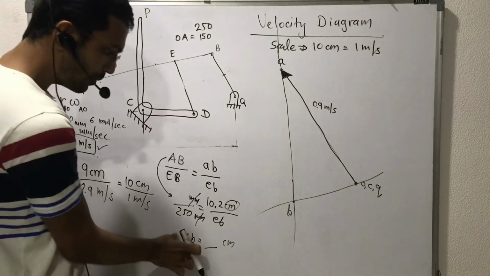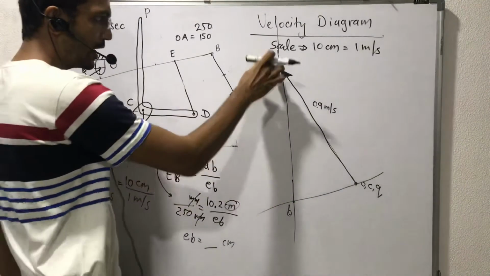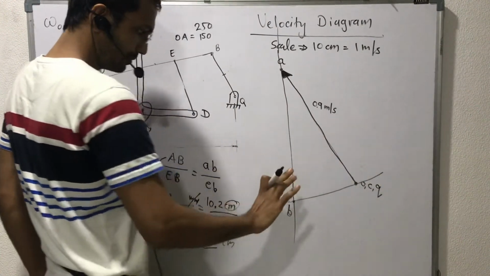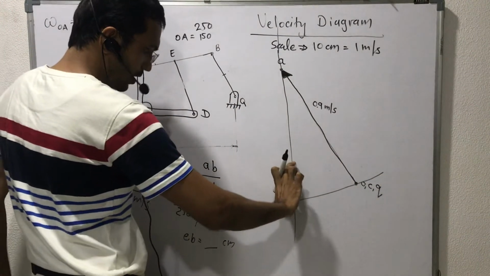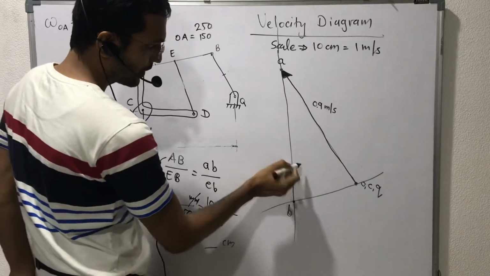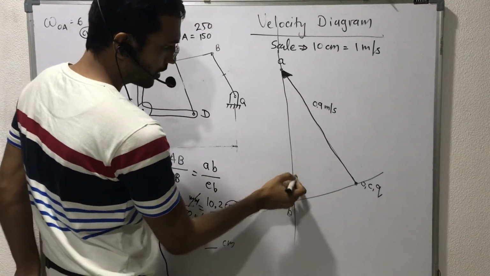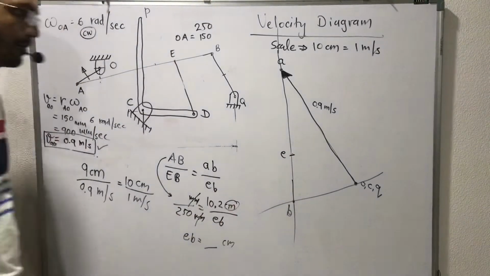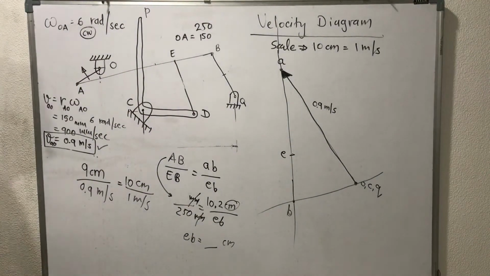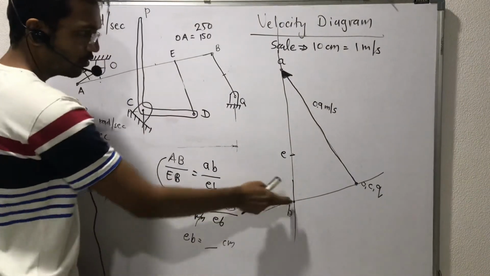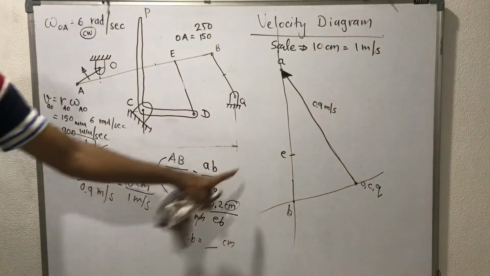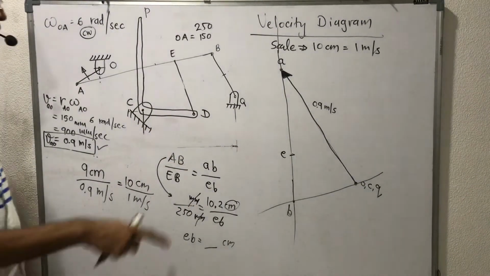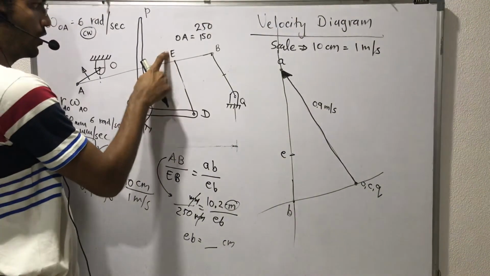So using scale measure EB on AB link. So AB link पे आपको draw करना है. Don't draw on BQ link. So measure EB according to this particular value. Let's consider E point is say over here. So here it is E point according to this value in terms of centimeter. Approximate I considered E point, but you have perfect value, same value of all. Now we reach up to E point.